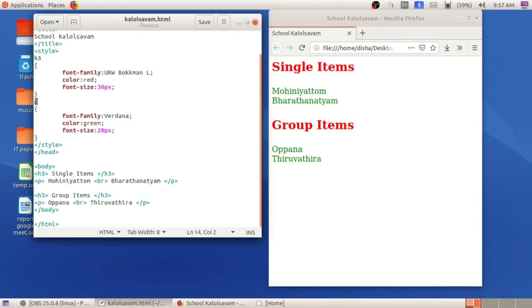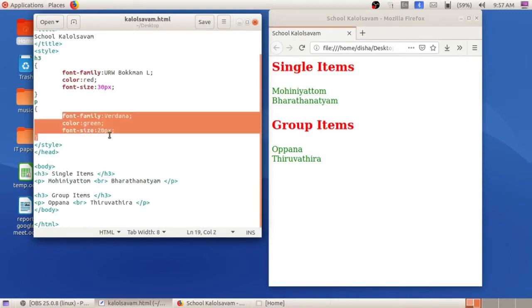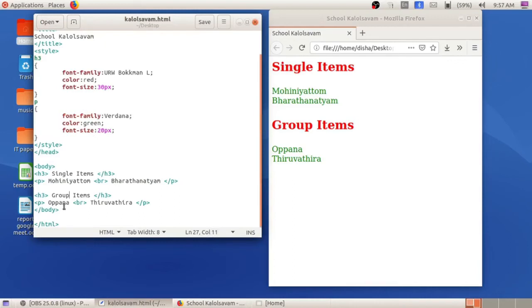So that should be defined here in order to apply style. And this one is known as what? Type selector. Similarly, H3 is also known as type selector, which should be used for applying common style to this content. Suppose we want to apply a different color, a different style to this paragraph, you must use what? Class selector. Class selector instead of type selector, we can give different style to paragraph.